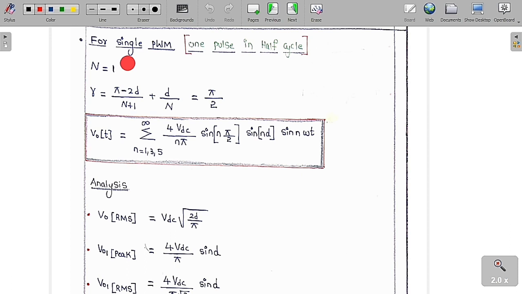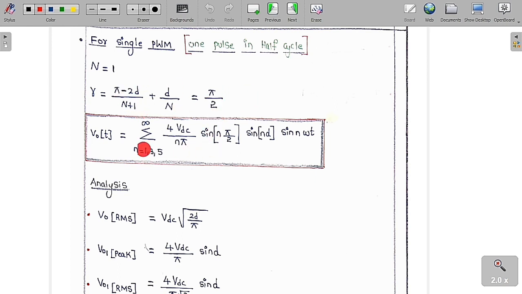So we know the general expression. Now we are going to write it for single pulse width. For single pulse width, in a given half cycle there is only one pulse. One pulse in the half cycle means capital N is equal to 1. So if you substitute γ = (π − 2d)/(N + 1) + d/N, with capital N equal to 1, and solve this,